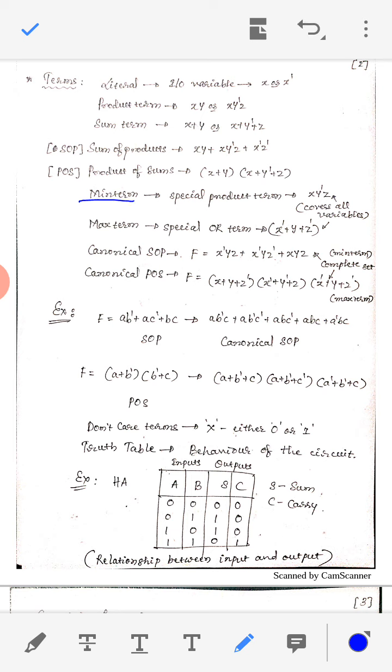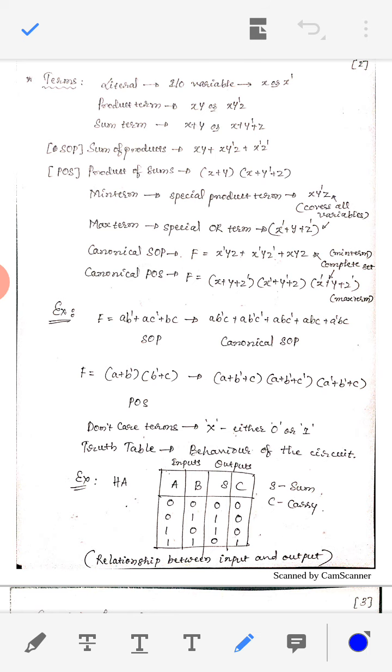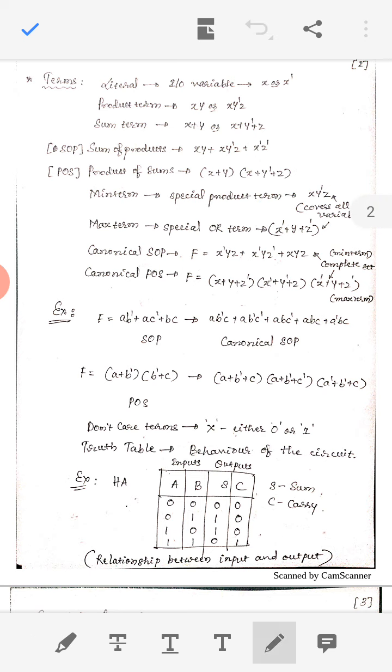Min term. Min term is one, it is similar to the product term. The only thing is, in the product term, suppose there are three variables x y z, a product term we can write as xy. Okay, but if you come to the min term, it consists of all the variables, means for example if there are three variables, then the term should contain all the three variables. It can be complemented or whatever it may be, but it should show all three variables here.